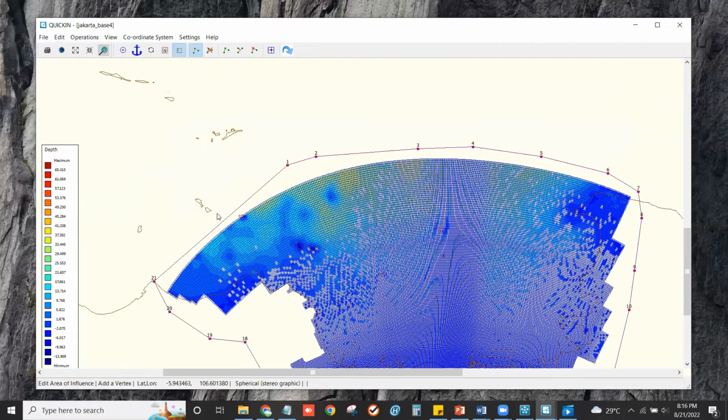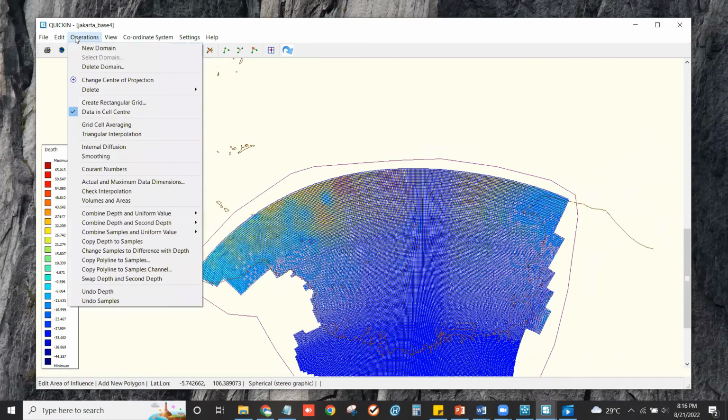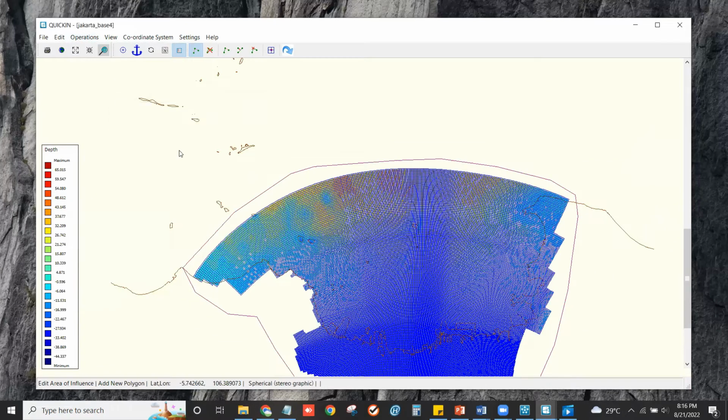Okay, when you end the points, you can right-click. Okay, it's enough, and we click operation and internal diffusion.